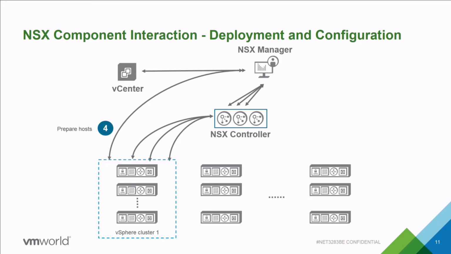The 4th step is basically what I'm summarizing as preparing your host, but technically what we're doing is installing the VIBs and installing all the DVS kernel modules on all of the ESX nodes that are in your clusters, allowing them to act as logical switches, logical routers, firewalls, et cetera. So the host prep